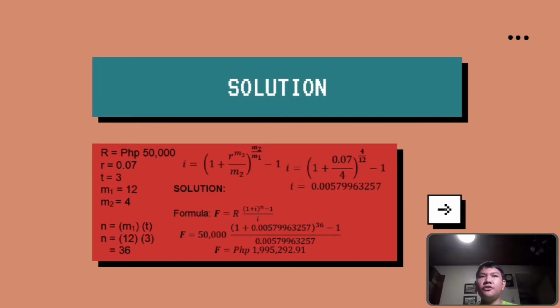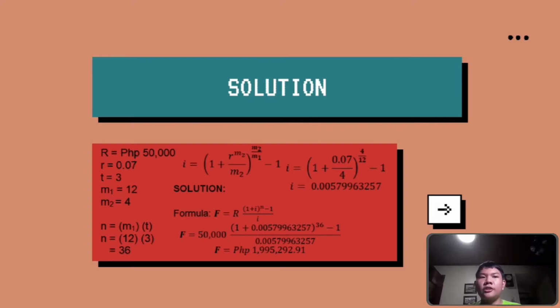In getting the value of j, we need to use the formula j equals open parenthesis 1 plus r raised to m sub 2 all over m sub 2 close parenthesis raised to m sub 2 over m sub 1 minus 1, which will give us a value of 0.00579963257. For n, which is the m sub 1 times t, we have 12 times 3, which the result will